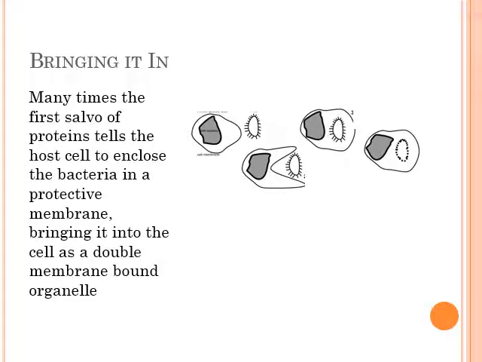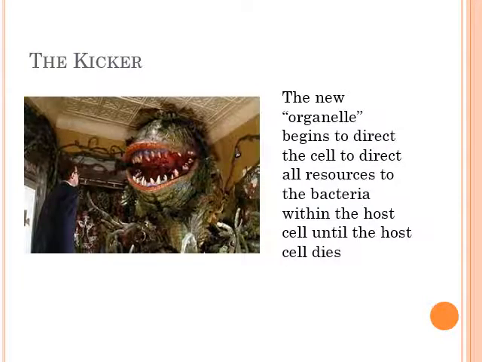Once that bacterial cell gets absorbed, it begins to act like a foreign organelle. That is, it produces messages, and it starts to send directives to the rest of the cell. The directive is usually, bring me all the food. If there's something nutritious, give it to me. And that lets the bacteria grow and reproduce within the cell. Eventually, the cell dies. But the bacteria, or now multiple bacteria, can then burst forth and go and invade other cells.